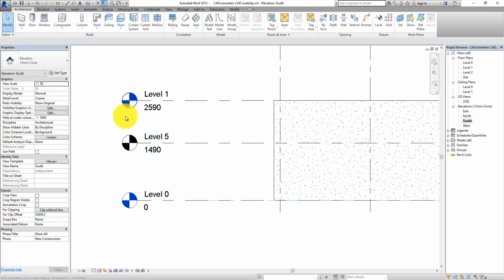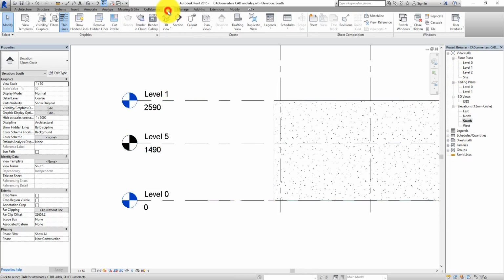Now the difference between them two, you can probably notice, is one's black and one's blue. Now if you see a level with a black head, so to speak, that basically means it hasn't got a corresponding view in the browser. Now you can add them views back in if you wanted. If you wanted level 5 to be added into there, you can do that. That's in the View tab, in the Create panel, in Floor Plans. If you click that,